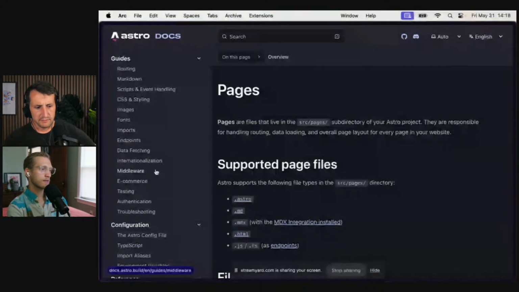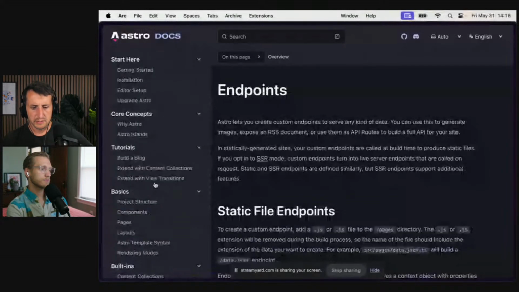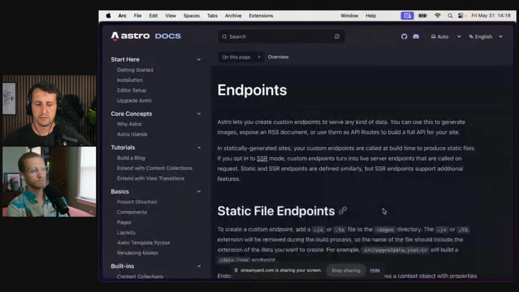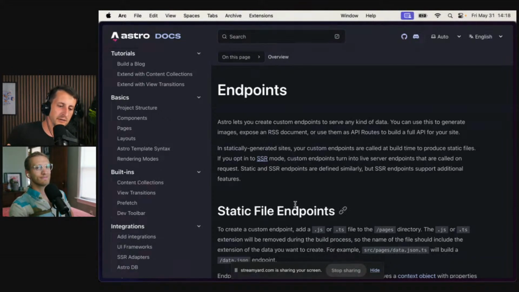Middleware. Interesting. We have data fetching as well. That's an interesting place to start. And we also are going to need the Mux SDK installed to be able to connect to the Mux account. That's probably just going to be your typical NPM install. But there's some interesting crossover here. I was introduced to this Astro add concept, and I don't really know what that's doing under the hood, or what the difference is there.